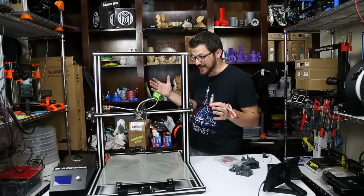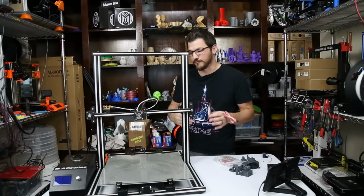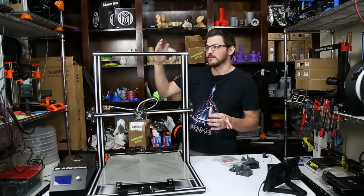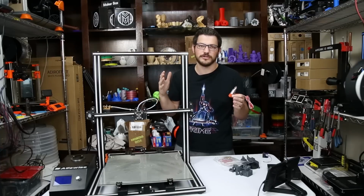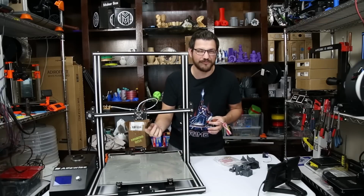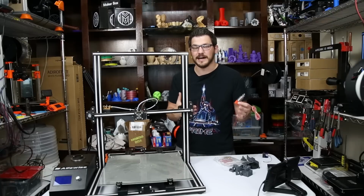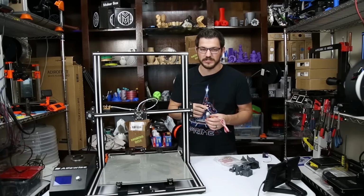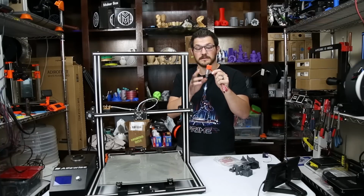Welcome back guys. You can see the Alfawise U10 is an enormous printer. I mean, it is 400 by 400 by 500 millimeter build height. It is just a giant printer. There's so much you can do with it on this giant build space, but the problem is with a 0.4 millimeter nozzle, it takes forever to print big items. Well, today we're going to change that, and we're going to change that with an E3D V6 hot end with